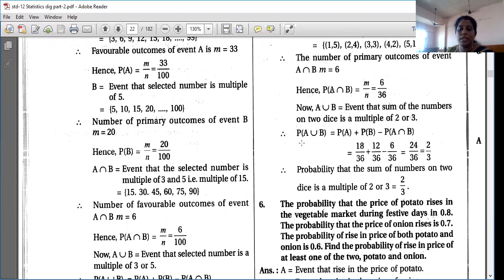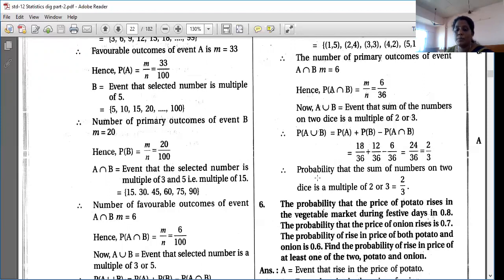See, here all the base is same. Okay. So the concept here was, I told you the same thing, that your base should be same. So then only you can do the addition. You all know the LCM and factors and everything very well. Right. So 36 is the base. Now 18 plus 12 comes to 30. So 30 minus 6 is 24. So here 24 upon 36. Now you can reduce. So 24 upon 36 can be reduced to 2 by 3.